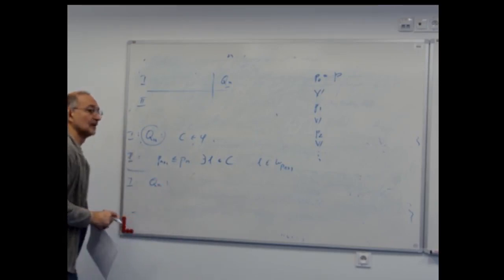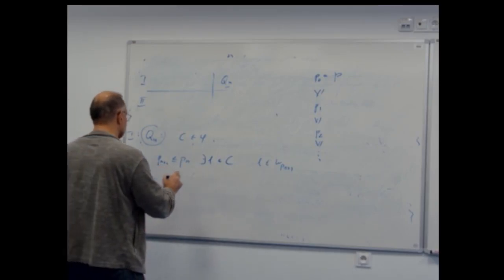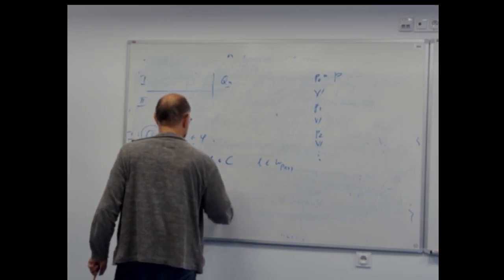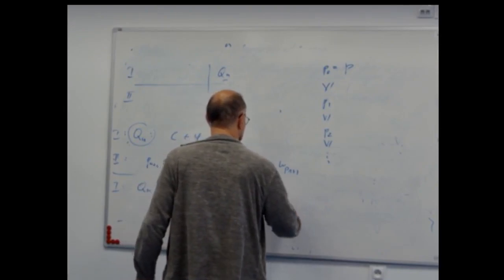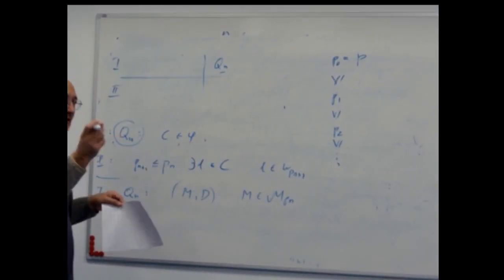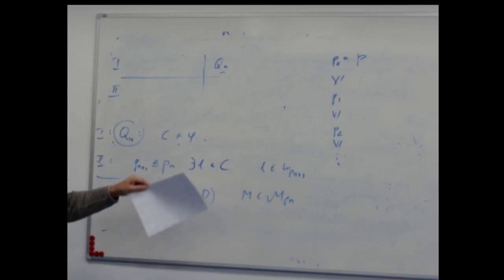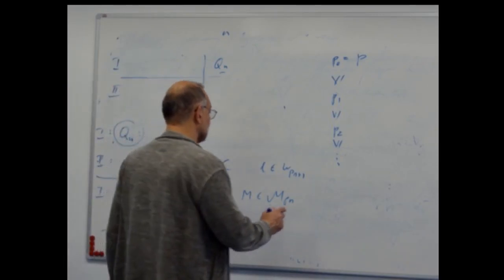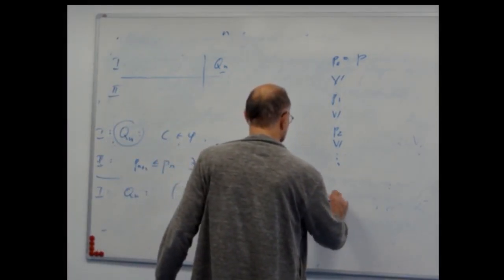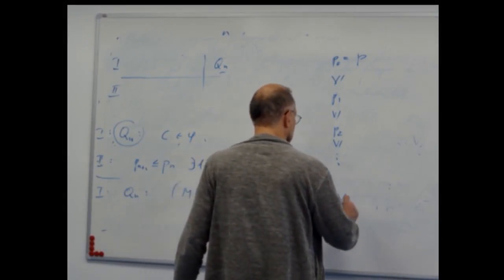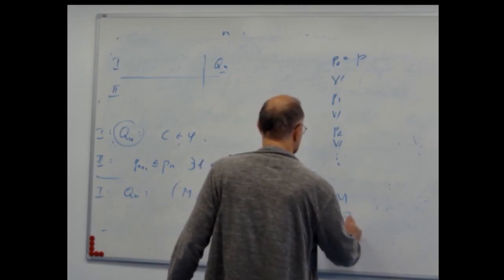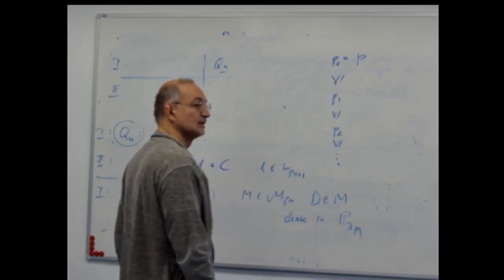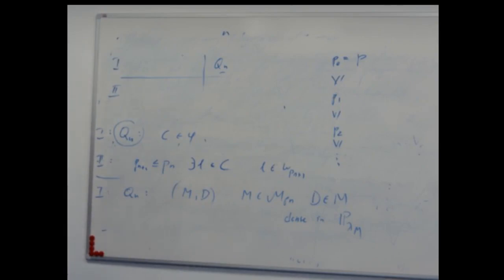The other could be a model M and D, where M is an element of M of Pn. So player 1 can pick one of the models of the current condition and play in the dense set D, which is in M, and it is dense in P lambda n. So we will have forcibly that lambda n is less than the lambda we are considering.